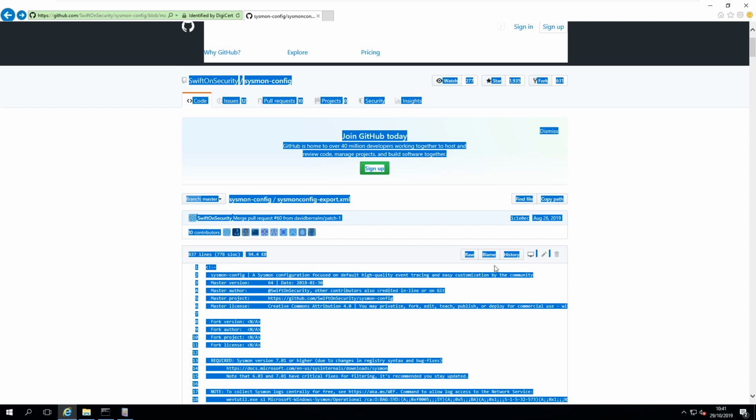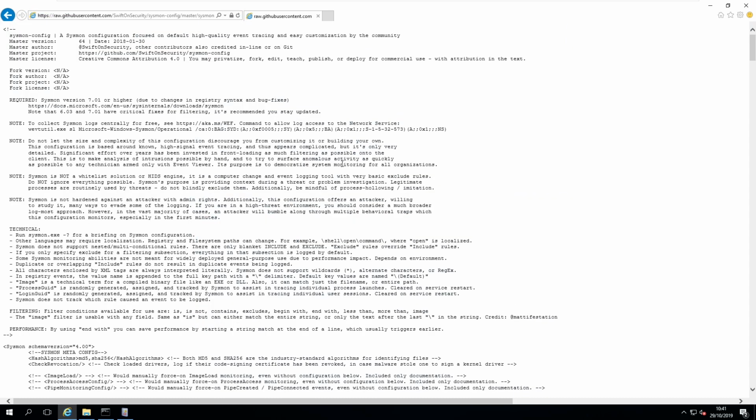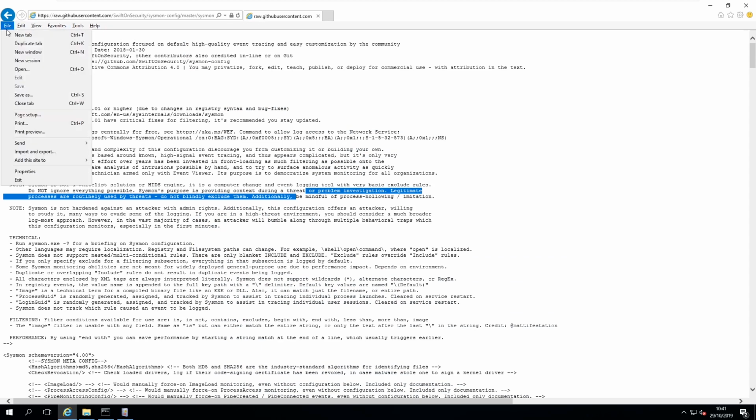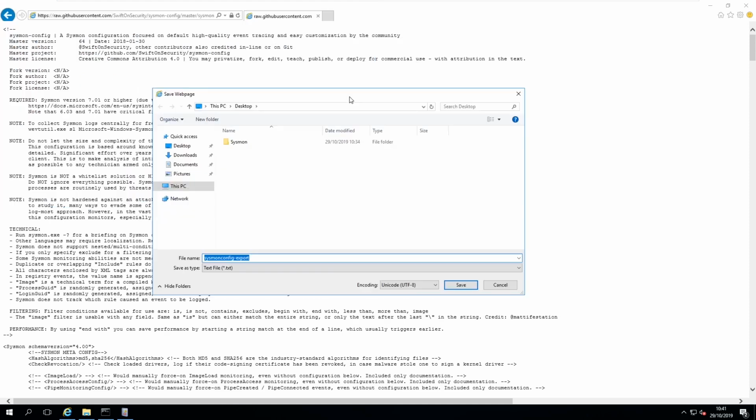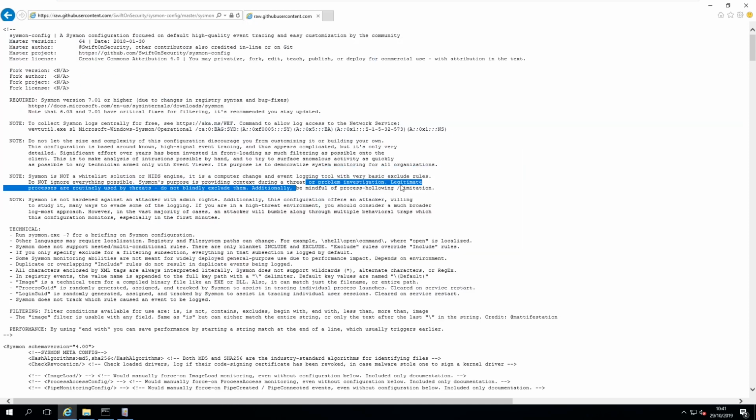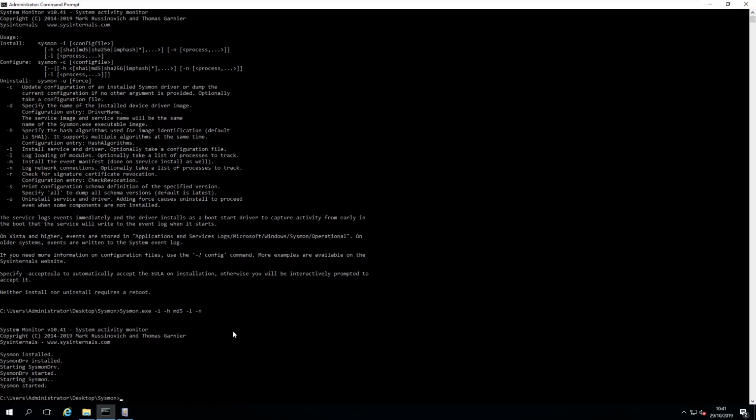Oh, my computer's not working. Got a file, save as. I had a completely mental block there for a second. File, save as. Click there, click save, or save it wherever you like. Go to that. And then what you can do is just do Sysmon